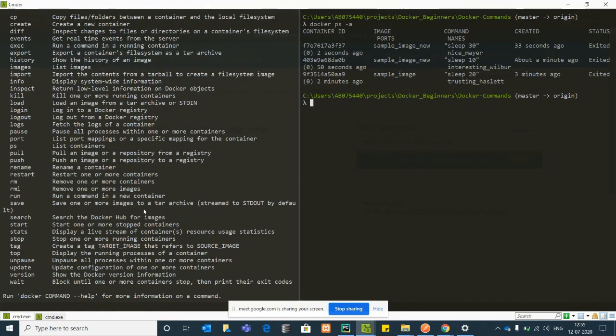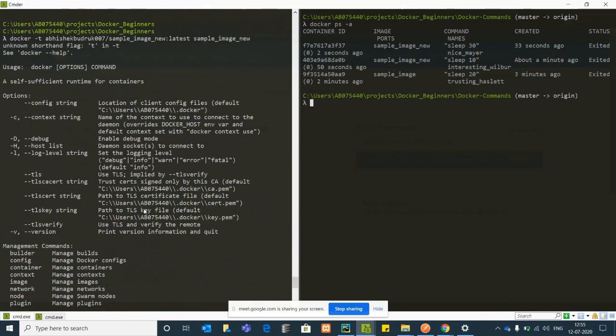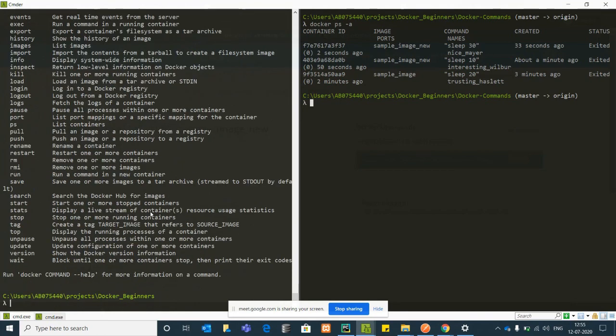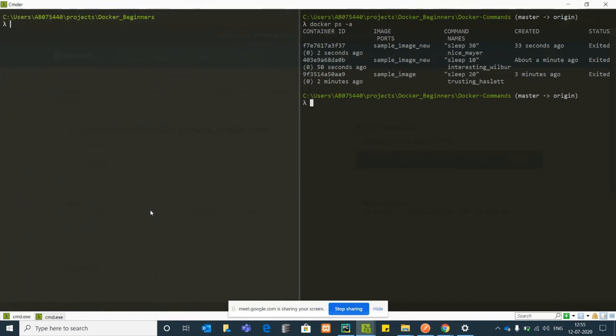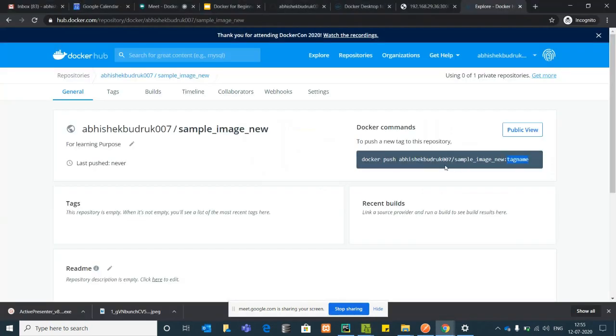Abhishek asks: why is the username required, because you already logged in, right? Even though I'm logged in, this is how the command works, and it will not see the image name even if you give it here. I had tried it long back and it was not working.